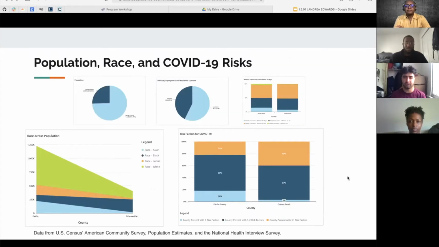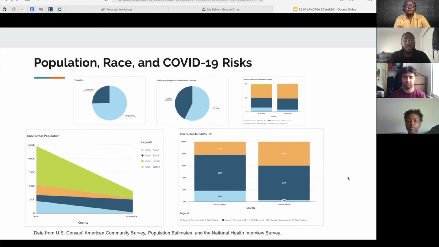We actually found over 100 megabytes of data from publicly available U.S. government data sets. We filtered the data to two counties, Orleans Parish in Louisiana and Fairfax County in Virginia. So we picked Orleans Parish because it has a high minority population and is the home of Xavier University of Louisiana. And we picked Fairfax County because it's the home of Net Impact Strategies Incorporated, the company that actually supported our access to the Amazon Web Services software.